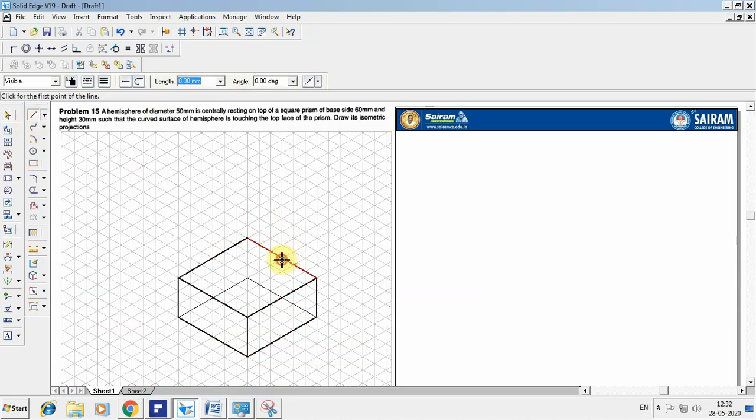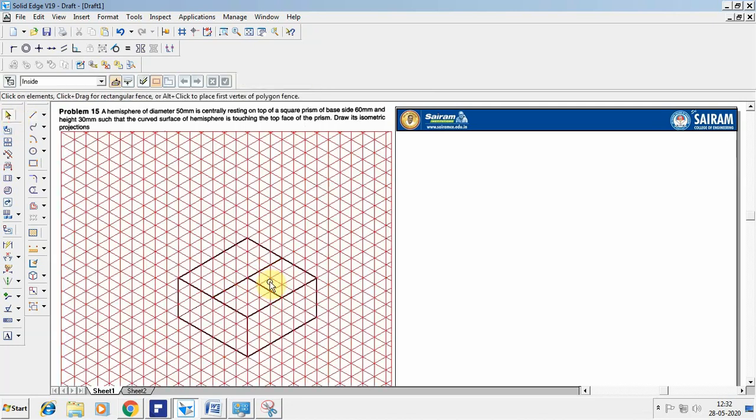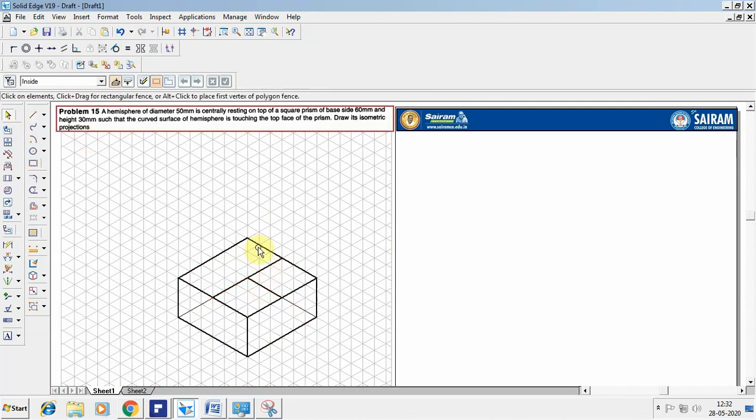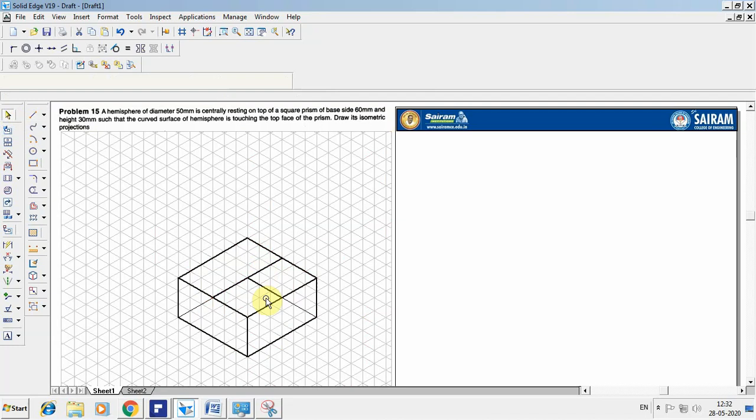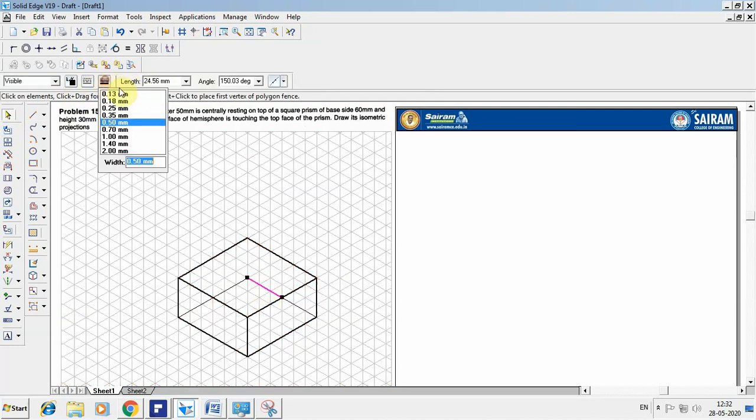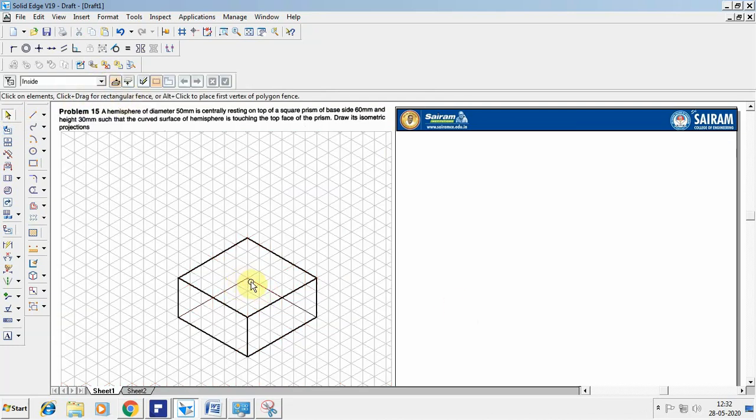Now on the upper square face you have to find the center point. So go for finding the center. Similarly from this side I'll go for finding the center. So once you're done, remove this line, and this line I want to keep as a reference line that indicates the center point. So that indicates the center point for the upper surface.